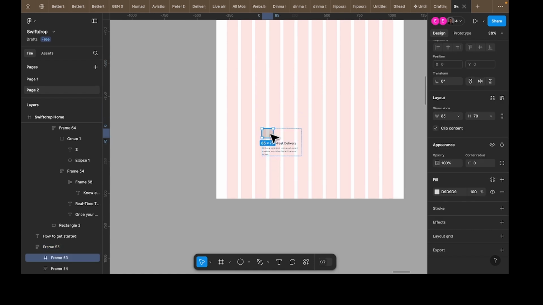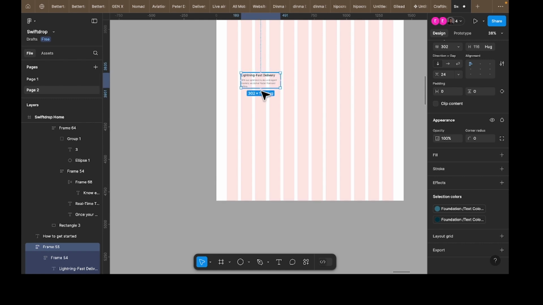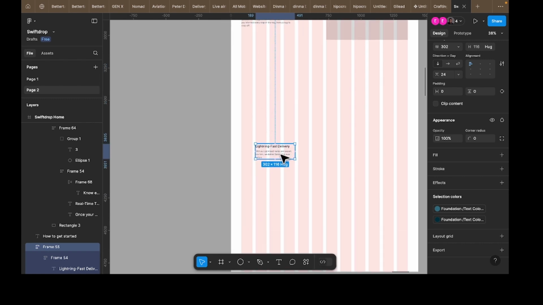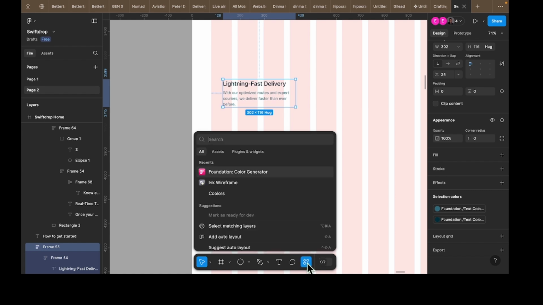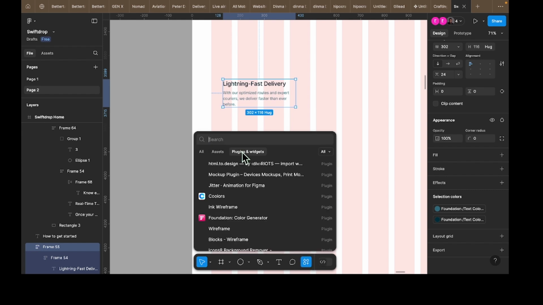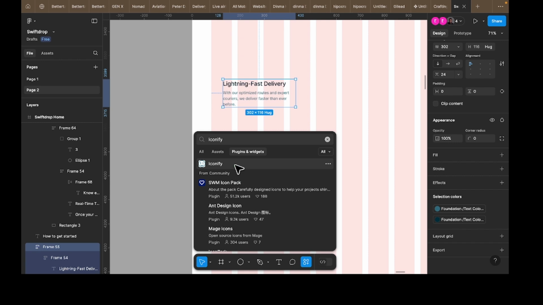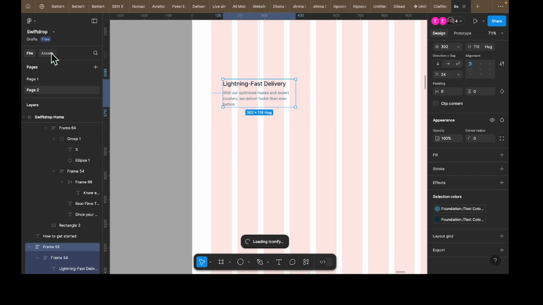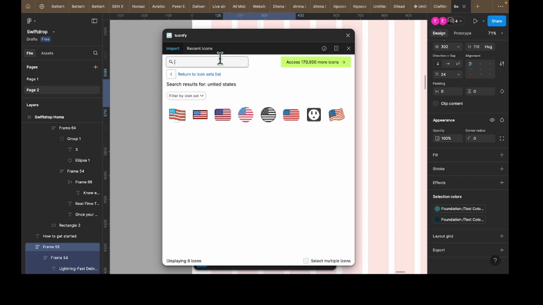Then I'll delete this, but I don't want it. So what do you usually have in testimonials? You have... I'm going to search for the icon of a testimonial quote and search for Iconify. I usually don't use this; I usually have my icons inside my assets folder. So we're going to search for quote